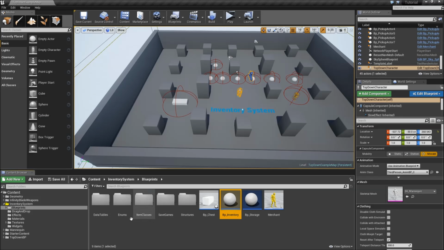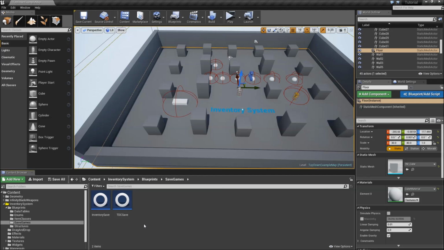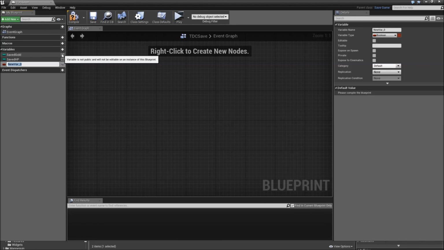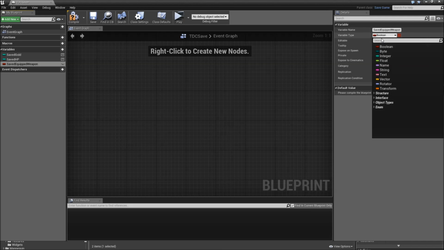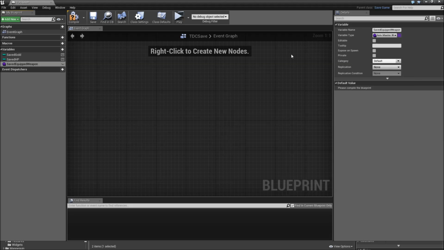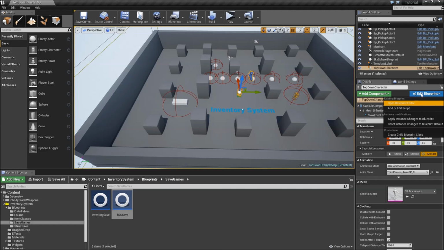Now, considering the question how to save the equipped weapon of our character, you will have to go to your save game folder, to the TDC save, and let's add a variable here, saved equipped weapon. The type of that will be a master weapon, item master weapon class. Then compile and save. Let's go to our top-down character now